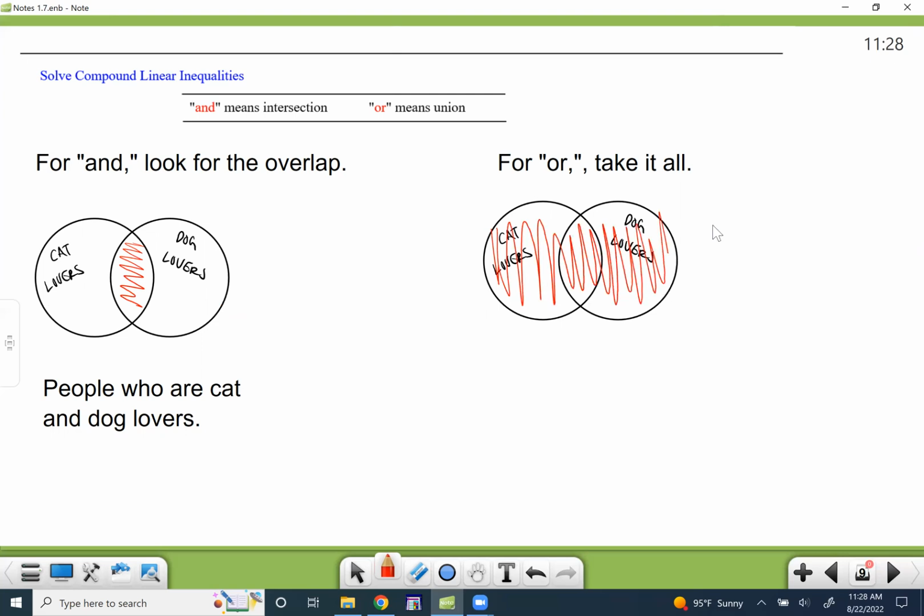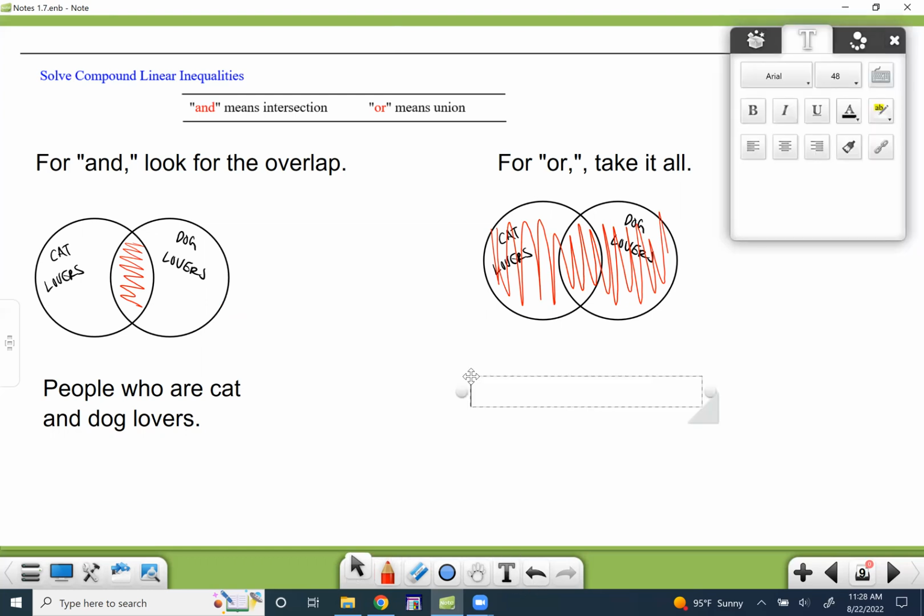And some of you might be going, what? That doesn't make any sense. And you're right. And here's part of the reason it does not make sense. In math, we use the inclusive "or." What am I talking about? We use the inclusive "or." And what that means, let me put this in English,